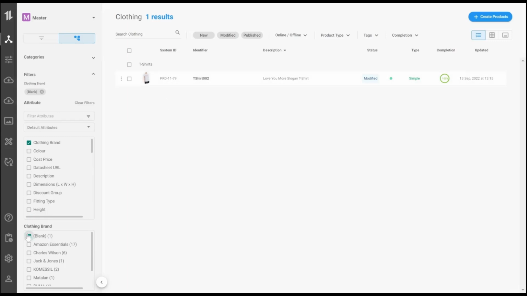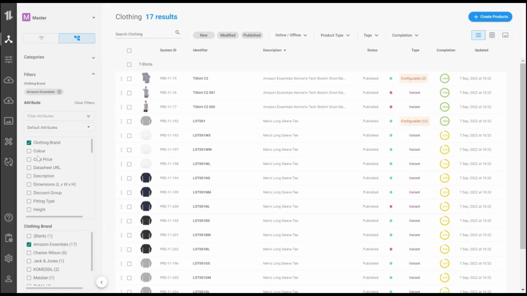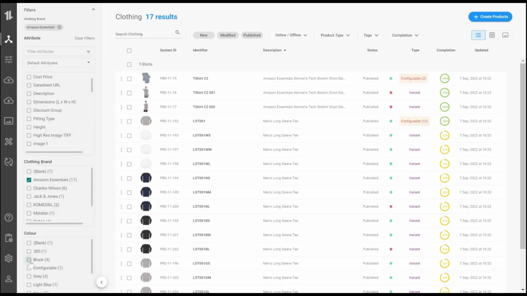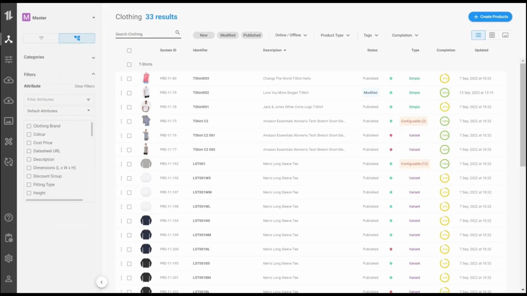You can combine these as well. You might be searching for Amazon Essentials brand. That's black. And then you can just combine that. So you can combine as many as you want. So this area is basically the browsing area where you can filter, search products, add a description, and an identifier to bring the list down. So if I put in long sleeve, we'll just